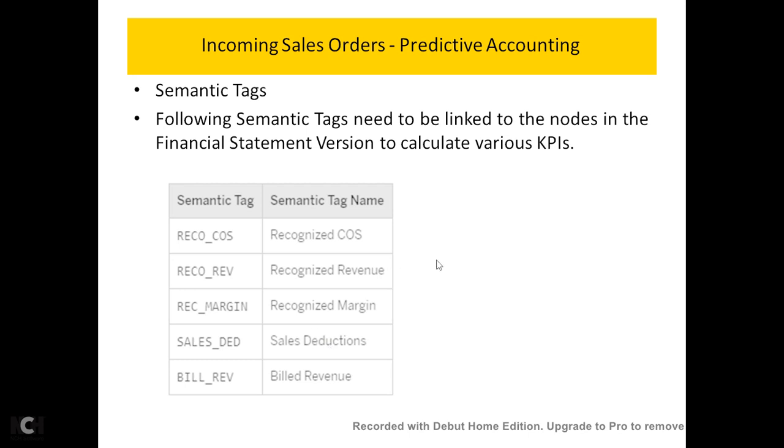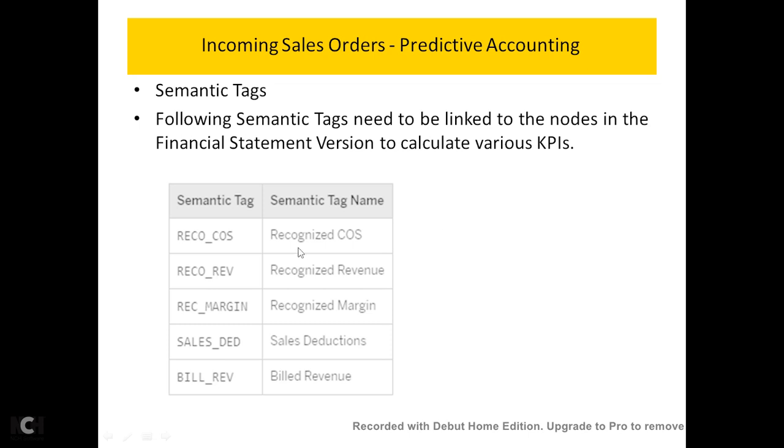In order to have this app work effectively, you need to have all these 5 semantic tags linked to the nodes in your financial statement version, which helps to calculate those various KPIs.